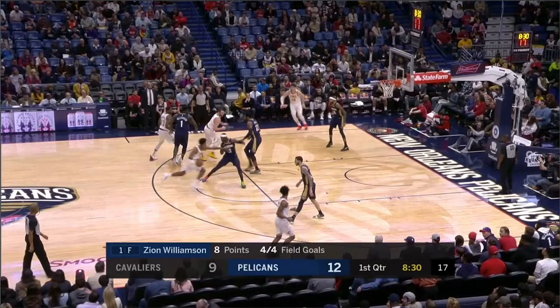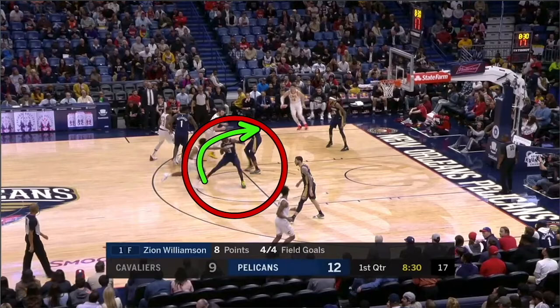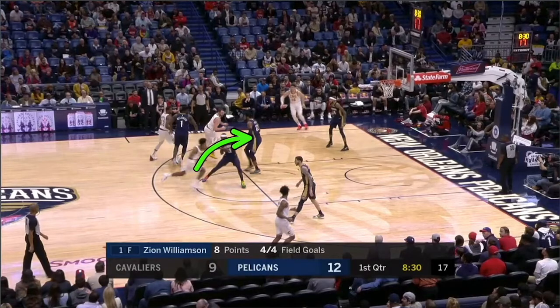But set a twist screen, because when you run this ball screen now at the foul line, Drew Holiday's not going to be able to go under. And now you might force a switch, so you force Drew Holiday to guard one of your bigs down low, or you can get Colin Sexton on the perimeter going up against one of the Pelicans' bigs, or you get him in drop coverage, which opens up the mid range for you, or you create a numbers advantage with the big rolling.